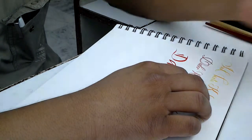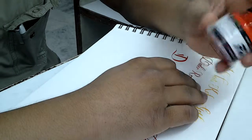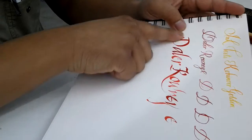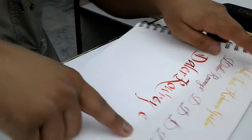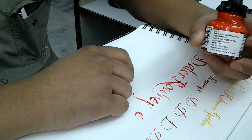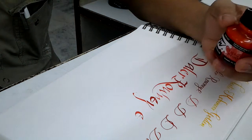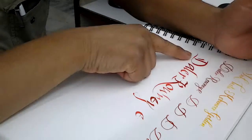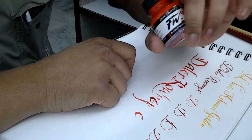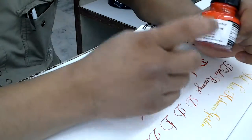Okay, finally I would like to talk about this Daler-Rowney acrylic artist's ink. Now look at this. Nice shading. It's a nice ink. You get it in these bottle packs, and this is a good one. It's acrylic based ink, and it has a nice, brilliant red color. It comes in loads of colors like yellow, brown, black, all those things. So it's easily available. Yes, this is costly